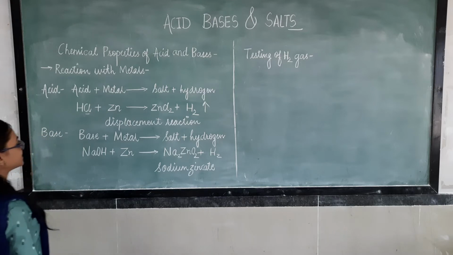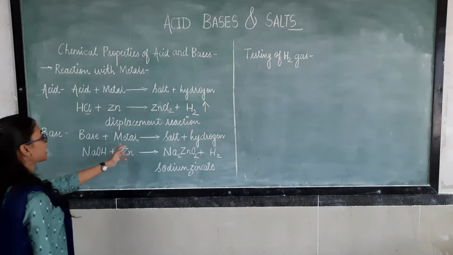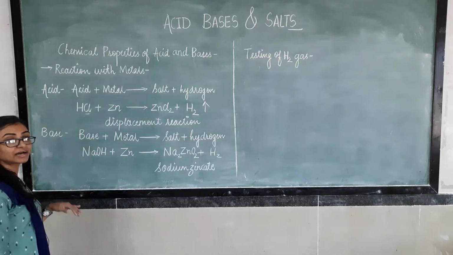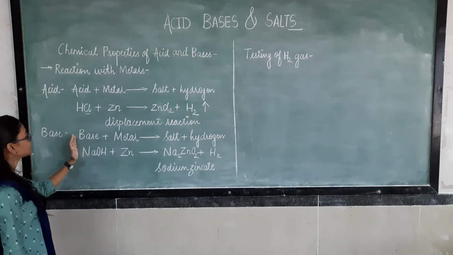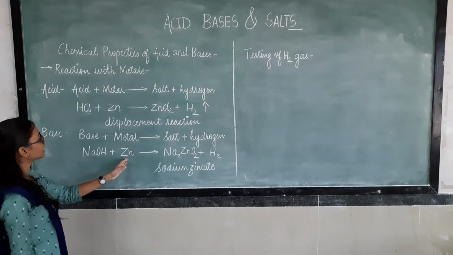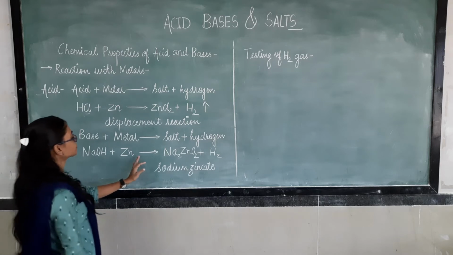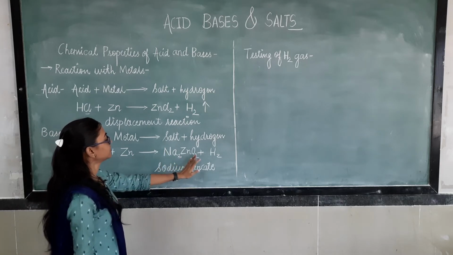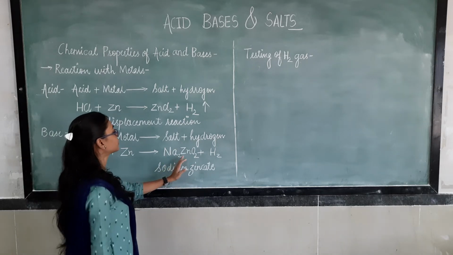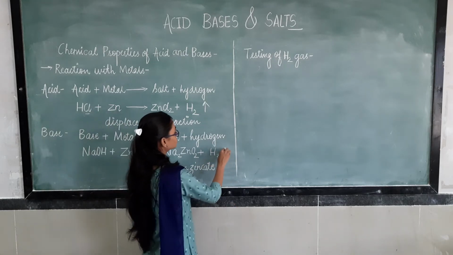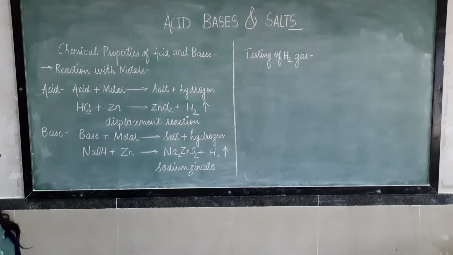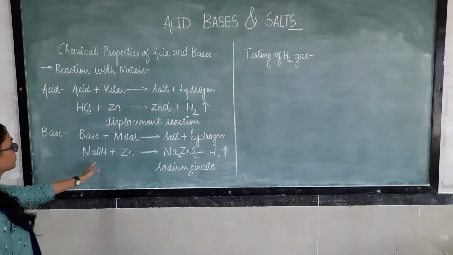So this we talked about acid. Now we'll speak about bases. What will happen with bases? When base reacts with metal, it produces salt and hydrogen again. But which kind of salts, here we are going to learn. So we have taken an example of base, that is sodium hydroxide. When it reacts with metal, the same zinc we have taken, it forms Na2ZnO2, that is sodium zincate. What is the name of this compound? Sodium zincate, that is Na2ZnO2, plus H2 is also evolved, right? So here, what is forming here also?